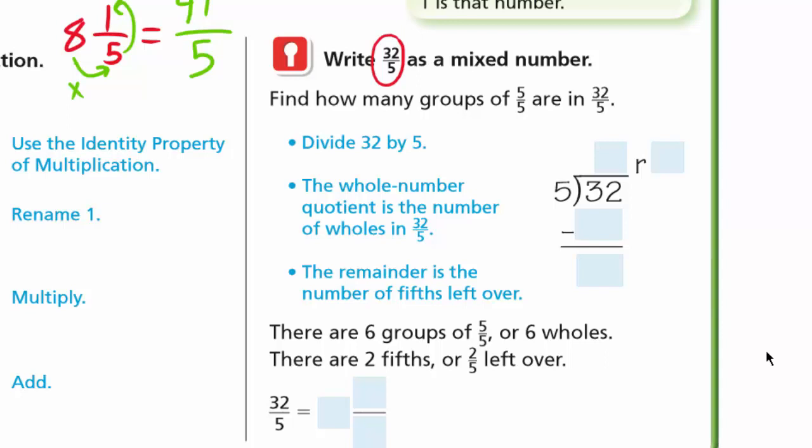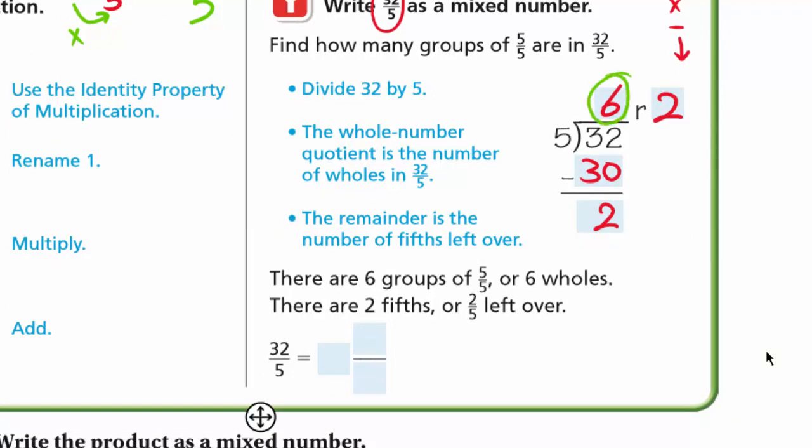Okay, to write the fraction as a mixed number, we use division. So we'll divide 32 by 5. The steps of division: divide, multiply, subtract, bring down. So here we'll divide 3 divided by 5, it can't, so 32. 32 divided by 5. How many 5s are in 32? We have 6 5s in 32. Now multiply 6 multiply 5, 30. Now subtract 32 minus 30 is 2. This 2 is a remainder. So we write it like this: